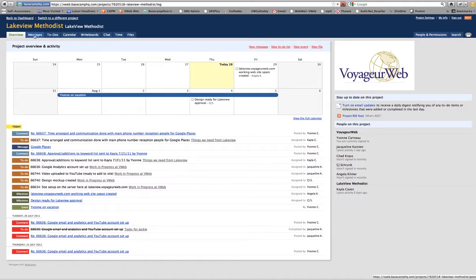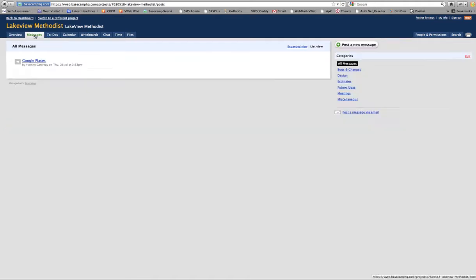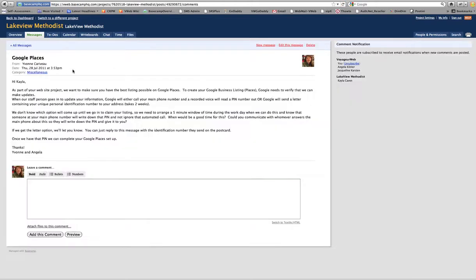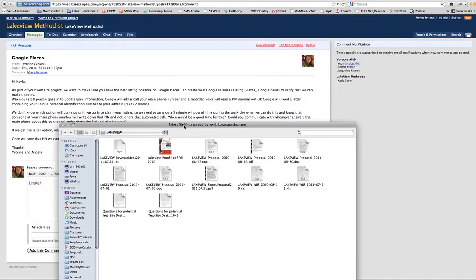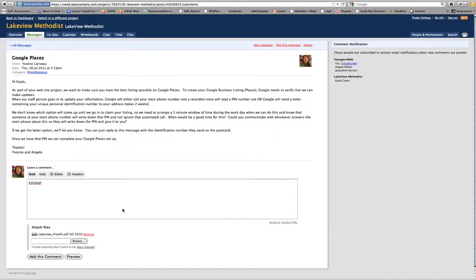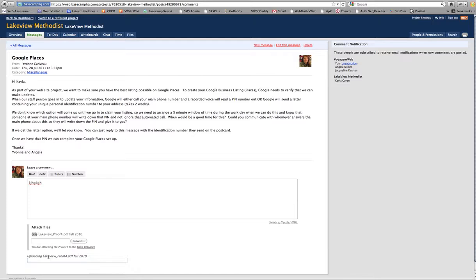Now if I click on messages, this shows general discussion messages. I can click on the message title and read the message. If there are any attached files, they'll appear right here. And if I want to attach a file or make a comment, I can type right in here. I can click on attach files, click on browse, and select a file from my hard drive and upload that along with my comments. So if I picked something like this, and then I click on add this comment,